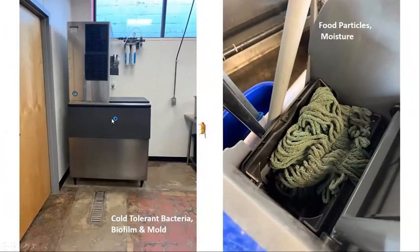So we also have, you know, in ice machines, those cold tolerant bacteria that create the biofilm and mold. And this drain right here is a floor drain. And that floor drain runs the length of that entire facility. So food particles, moisture in